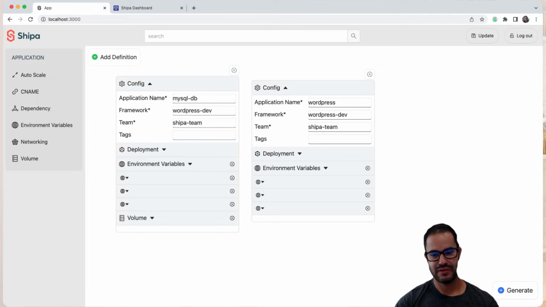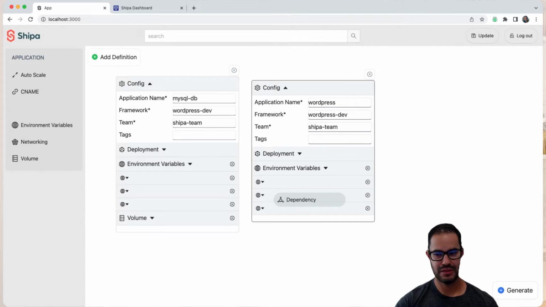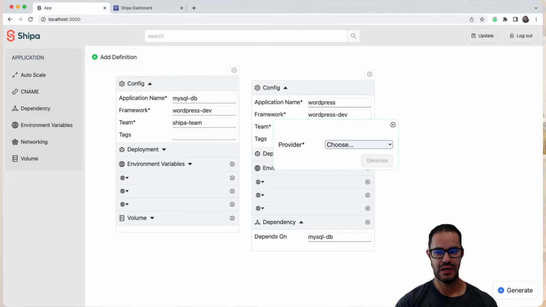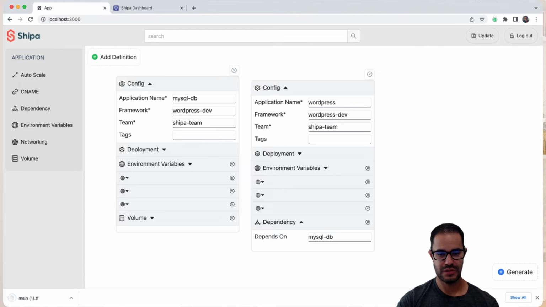If I want to add, for example, I can come in here and say I want to add a dependency. My WordPress should only come up once my SQL is up and running, and I can update and save this, or directly from here I can generate my provider definition, and I can choose whatever provider Shippa supports. I'm using Shippa as the underlying application API, and I can choose Terraform, Crossplane, Pulumi, or you name it. So for example, if I choose Pulumi, Shippa generates